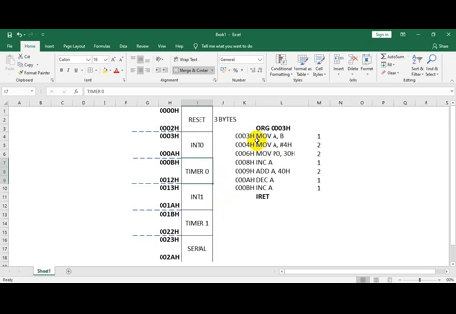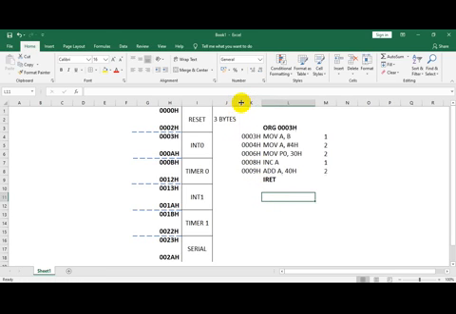So whenever you write an ISR for any of these 5 interrupts, you should restrict it to 8 bytes. That's good programming. So that's about the interrupt vector table. Thank you.